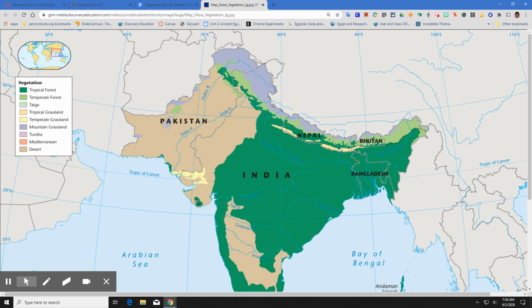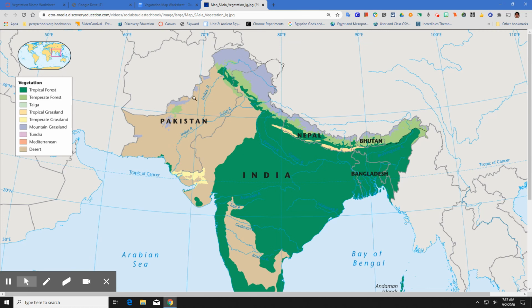I see a little bit of tropical forest here, a little bit of temperate grassland. For the most part, Pakistan is desert. I see a little mountain grassland, a little temperate forest, a little tropical forest just down here. And then I see some mountain grassland. Those will be all of the vegetation biomes that you can find